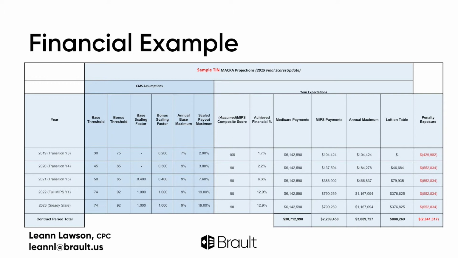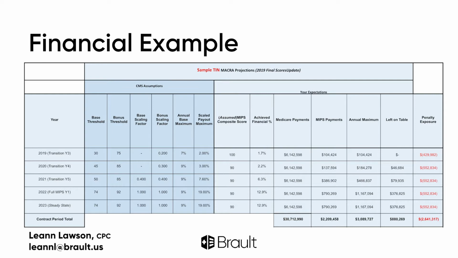With that being said, the law that's put in place for the full program is there has to be probably about 50% of providers that are going to be receiving penalties. So there's going to be quite a bit of penalties in that budget neutrality to feed those incentives. Looking through, we have a base threshold of 74 with a bonus threshold that increases to 92%. Our annual max or annual base incentive will be about 9%,